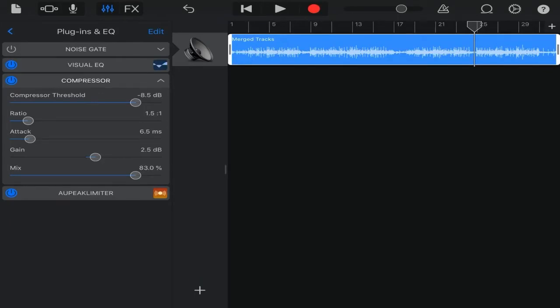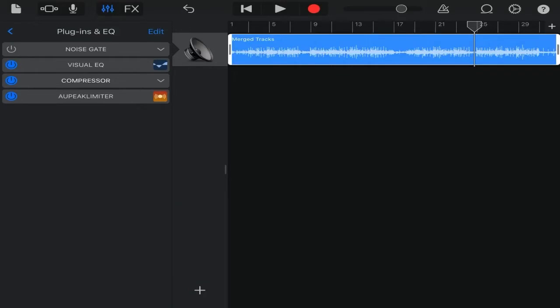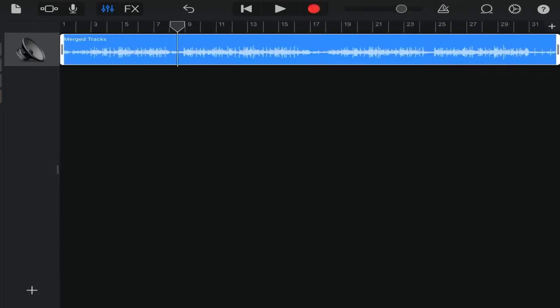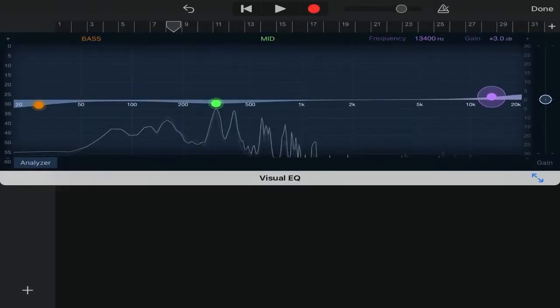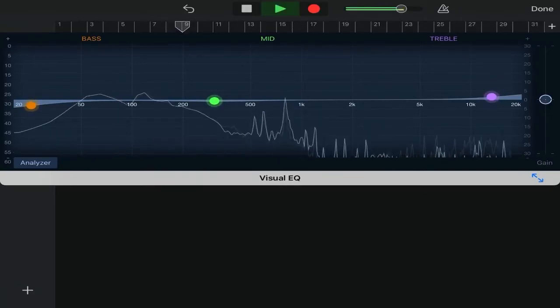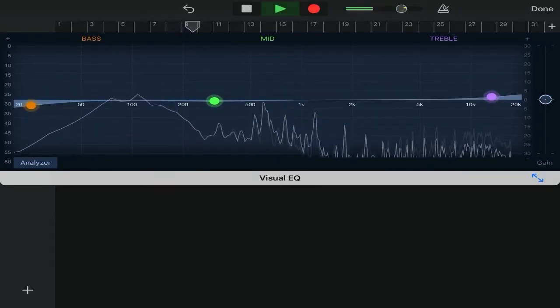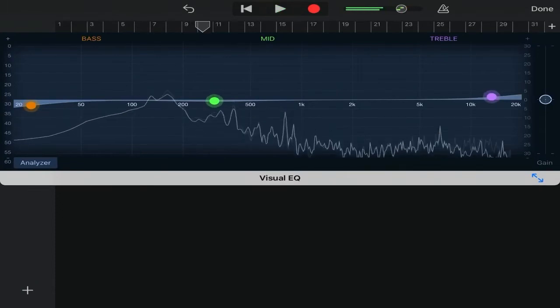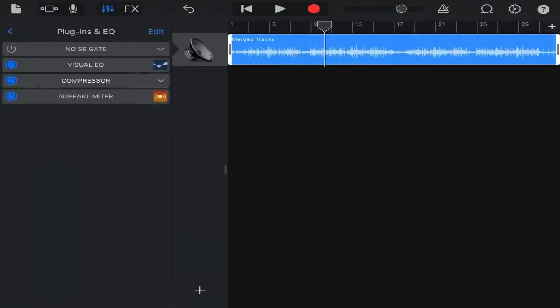You should have done a lot of that kind of stuff in the mix. So this is just brightening. Usually you just want to add a little brightness and take out a little mud. The mud tends to be right here, just a tiny bit. Make sure your bass isn't. So yeah, that's how you do it if you're just going to use the default stuff in GarageBand,